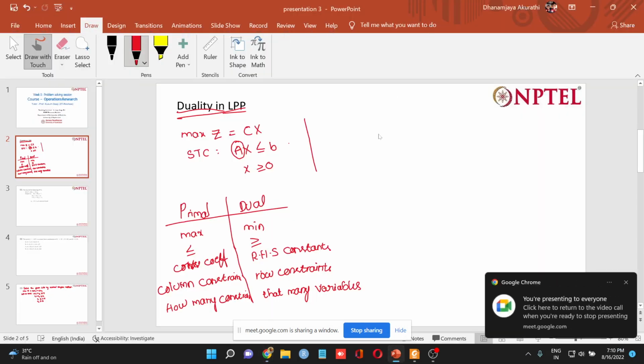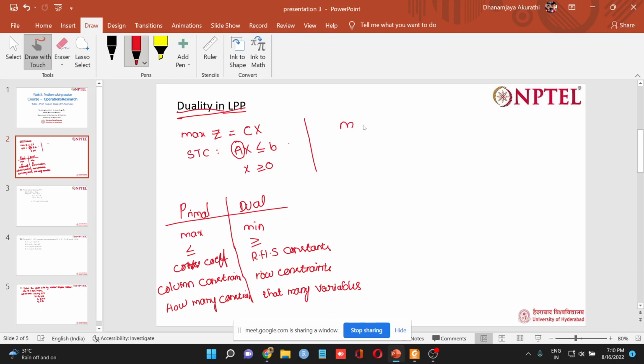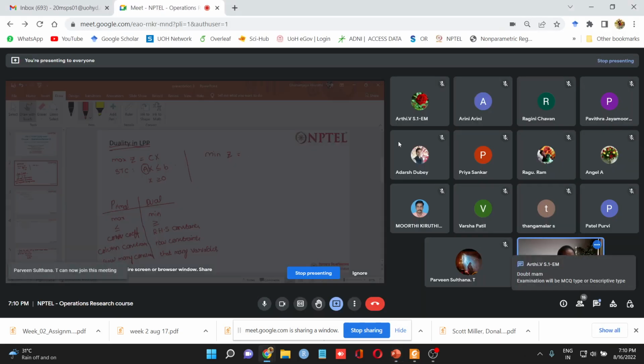So with the help of these steps, we can say that for the given LPP, in the dual case it is of minimization type, minimum of Z equal to